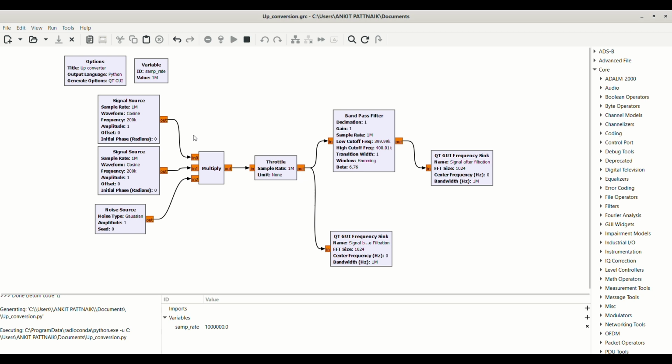I have added a noise source, a Gaussian noise source of amplitude 1. The reason behind adding a noise source is that it is a preferred choice in signal processing due to its effectiveness in simulating random variations and errors encountered in real world data. By adding a controlled element of randomness, we can replicate how signals may be influenced by factors such as interference and measurement